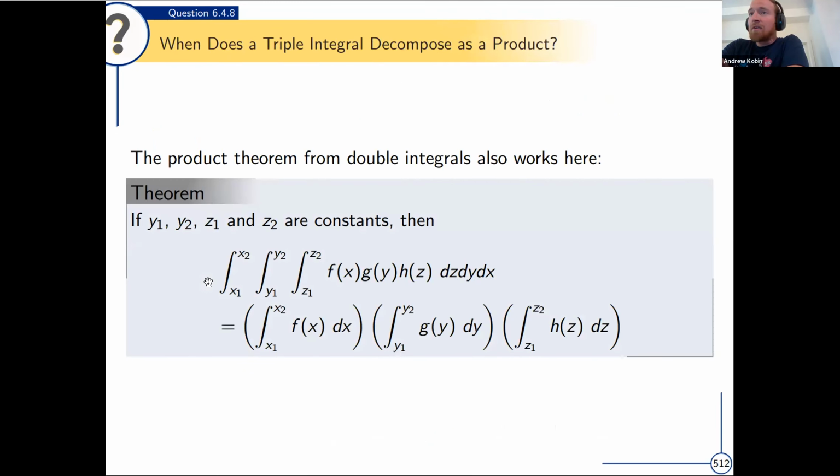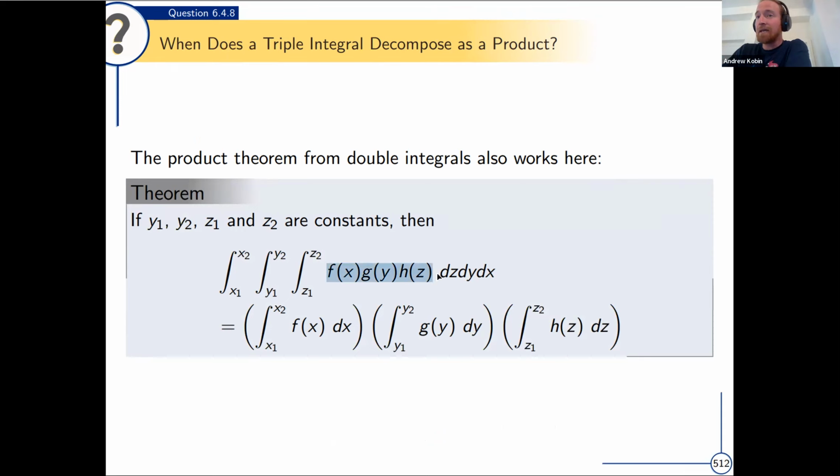Just like we had with double integrals, sometimes it's possible to split a triple integral into a product of single variable integrals. And the same requirements are true. If we're integrating dz, then dy, then dx, we already know that the x values on the integral symbol are constants. But if the y and z bounds are also all constants, and our triple variable function on the inside